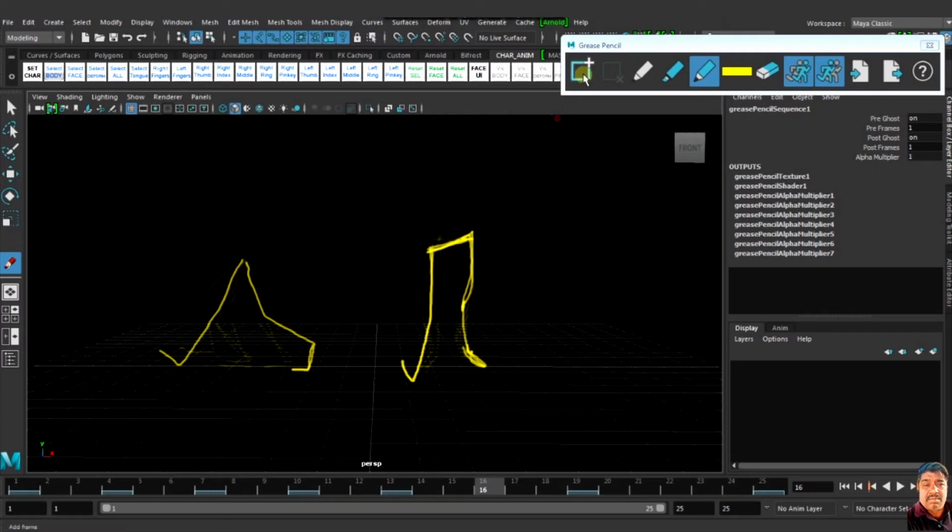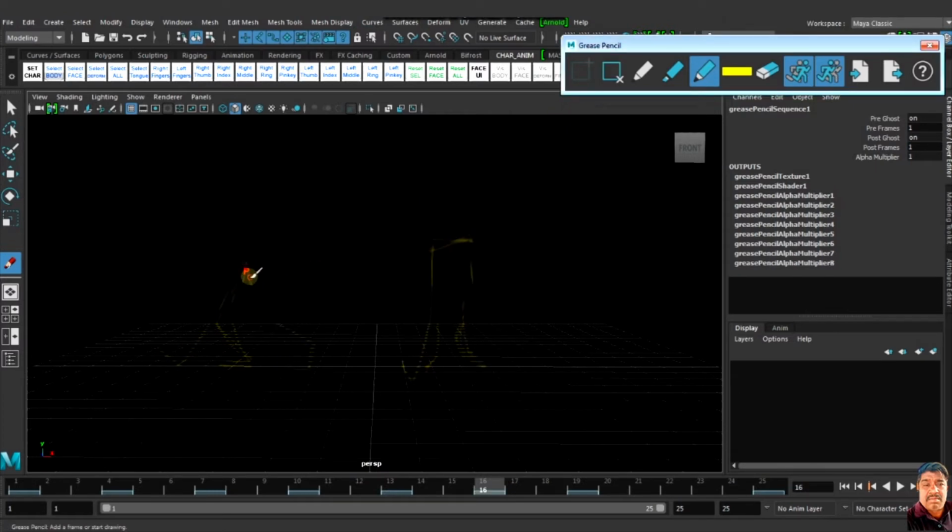Now in 16 it is the bounce. Now it is here, and the bounce is here.